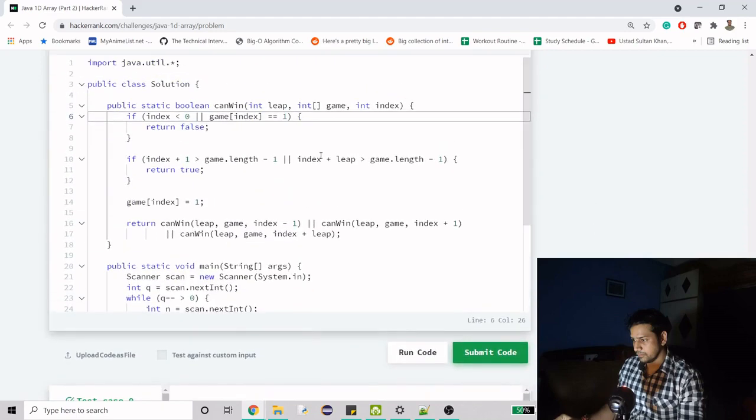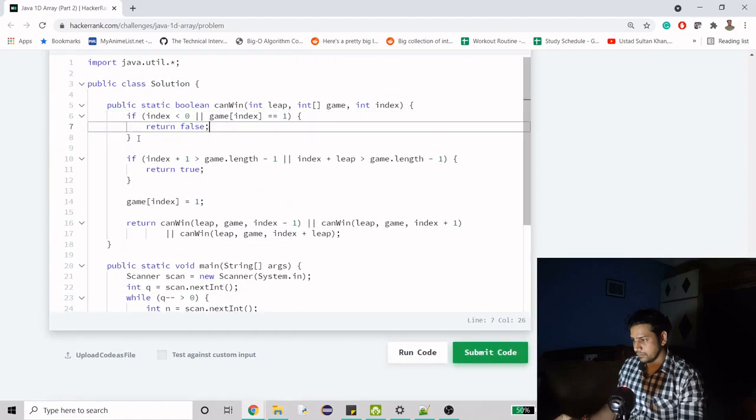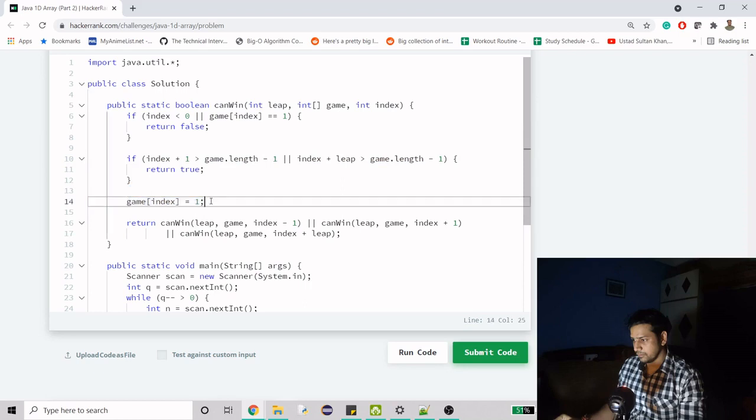So I can recap this in brief. What we have done is we have a falsify condition where we are returning false so that we can know, okay, the user has lost the game. Here we have the condition where we are checking if the user has won the game. Here we are signifying that, okay, this has been visited. So if it has won, then we don't have to come to this step. Here we are possibly doing all kinds of steps that we can in terms of moving forwards or backwards. So these are all possible combinations here. That's why we use DFS, right? So this is what we have to do, and this is the entire code that we have to write.